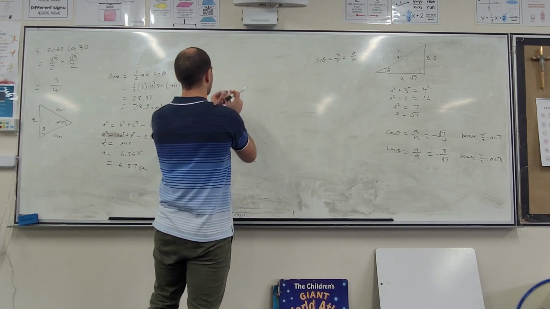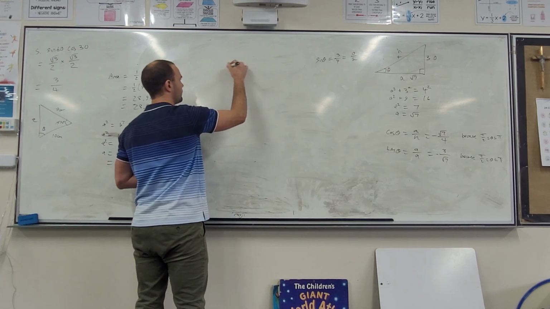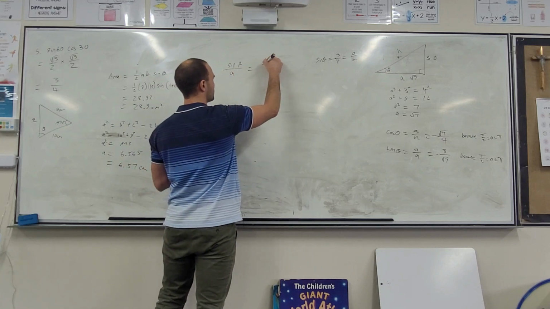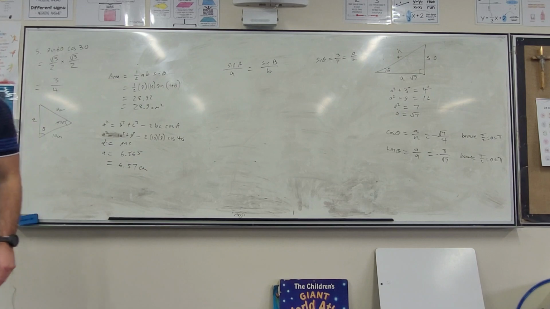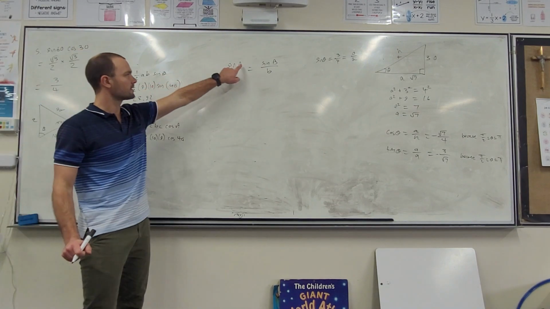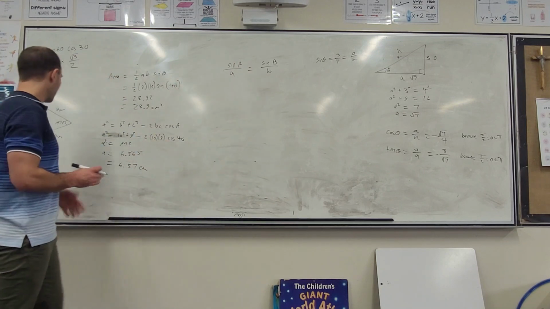All right. There's two ways of representing the sine rule, but we'll just start with the one we're going to use. Sine of A on A equals sine of B on B. I write it that way because we have the angle at the top and we are trying to find the angle, aren't we? If we've got